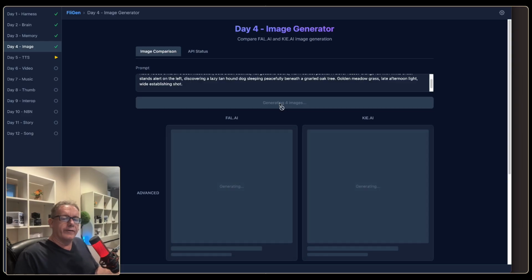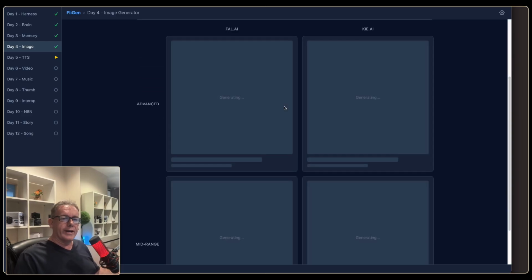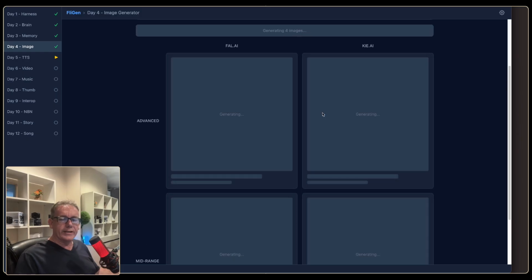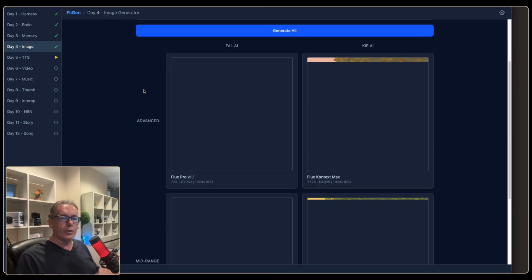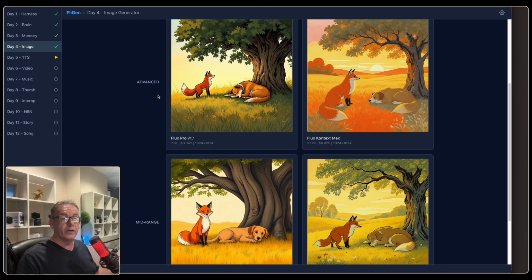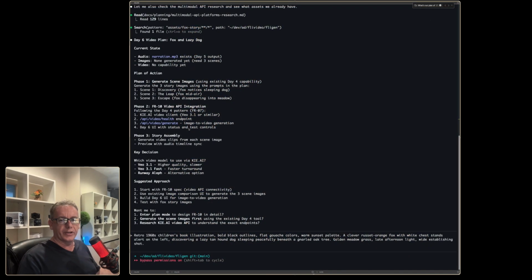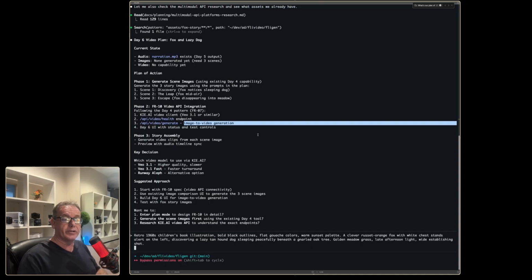So while we're waiting for these images to generate right now, what I'm thinking we need is some sort of shortlist so that when we find an image we want, we should be able to click on it and say, you're part of a storyboard. So I think if we had the ability, say with this image, to click on it, add it to a storyboard, maybe label it as image number 1, we'd then be able to have a collection of images ready so that when we do get to the video integration, we'd have a list of images ready to go.